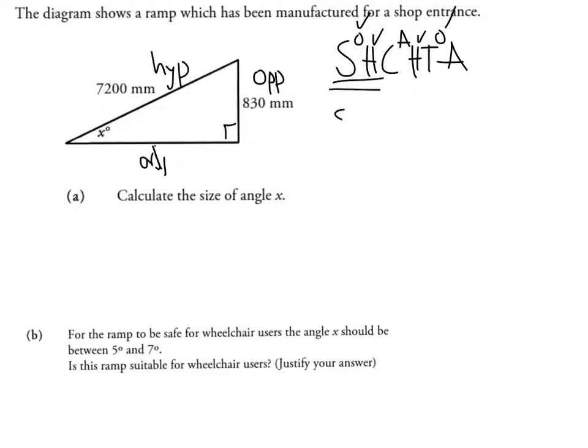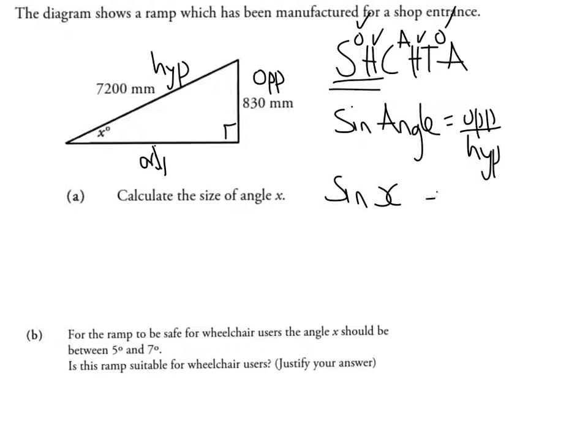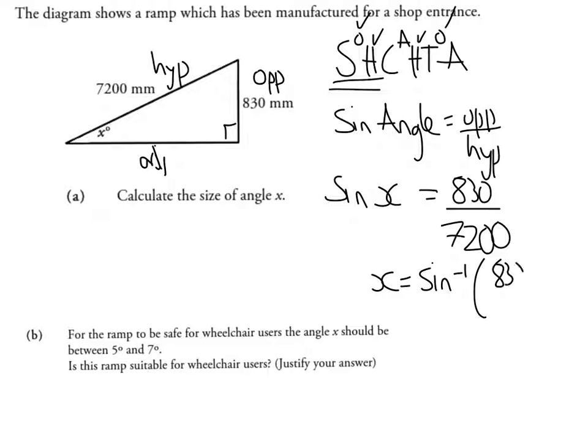So this is sine angle is equal to opposite over hypotenuse. And then sub my numbers in. Got sine of x, the angle is called x, the opposite is 830, and the hypotenuse is 7,200. So this is a sine question, so what I need to do is put inverse sine, brackets 830 over 7,200,